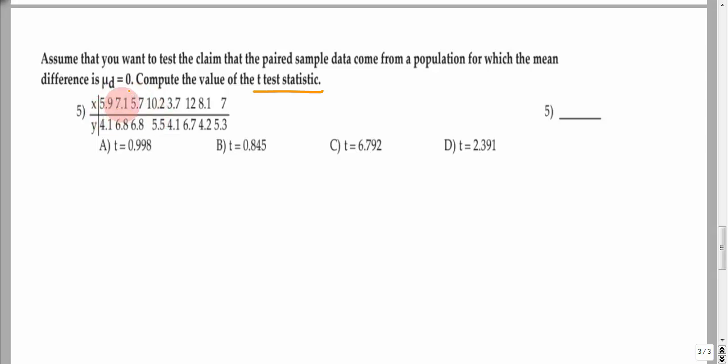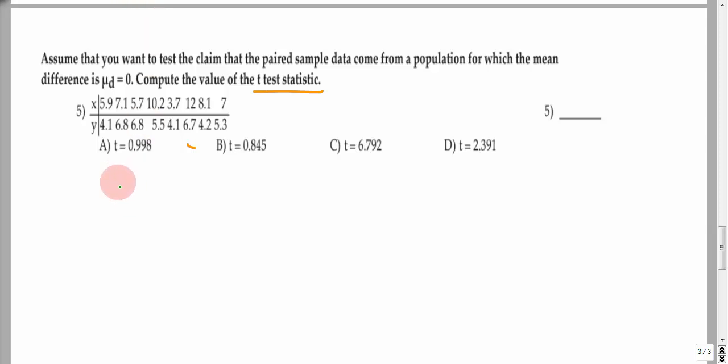But remember, if you get the order wrong, what will happen is your test statistic will be negative or positive based on the direction. So the number should still match. It just will be positive or negative. So for this one, I'm going to enter my data in L1 and L2